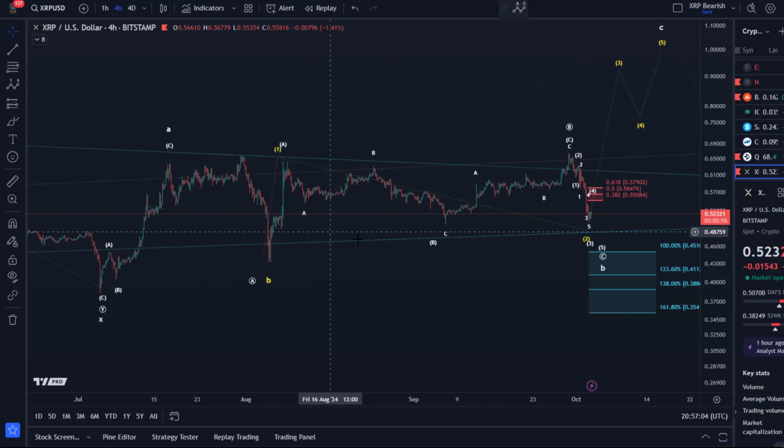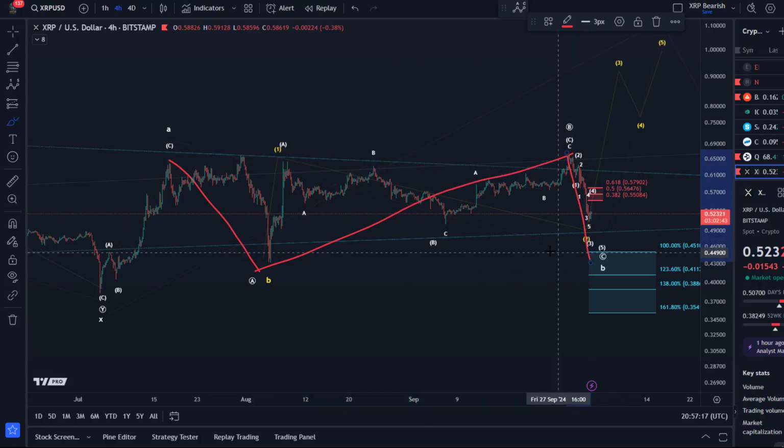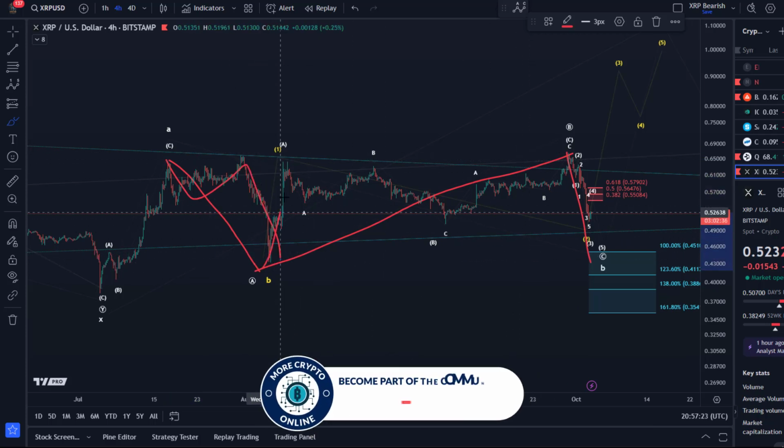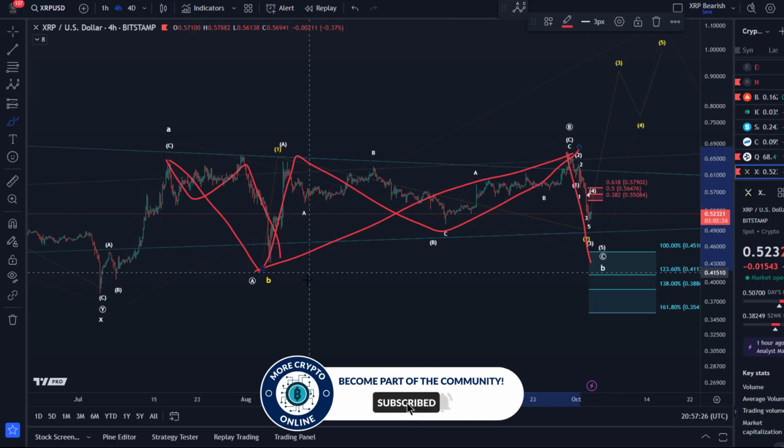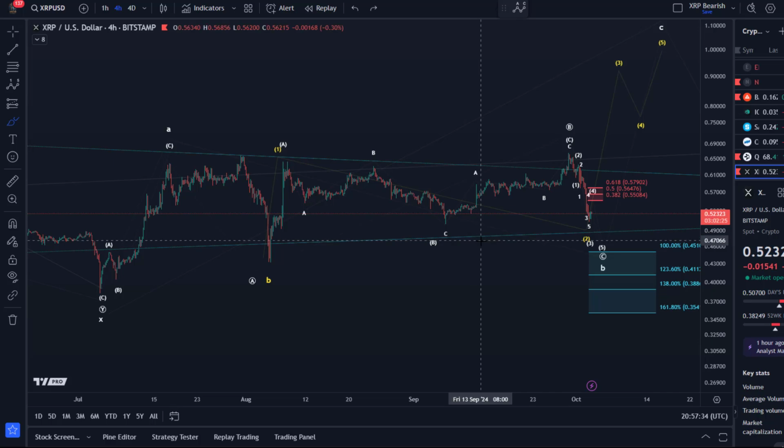So I'm actually rather looking at a larger correction, a very extended, protracted correction in an A, B, C structure, where the A wave was a 3-wave move, A, B, C. The B wave was also a 3-wave move, A, B, C, possibly rather W, X, Y. That's very common in a B wave. Doesn't make a difference at all at the moment. And then a C wave down would be a 5-wave move, and it seems to be some kind of an